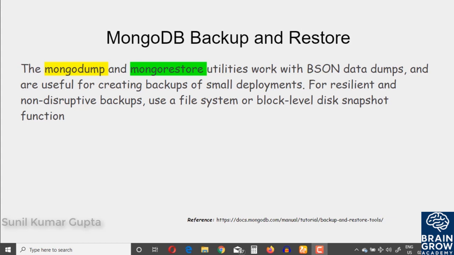Hello and welcome back. I'm your instructor Sunil, and in this section we are going to learn about MongoDB backup and restore. MongoDB backup and restore is the same process of restoring and backing up your data as we do in the